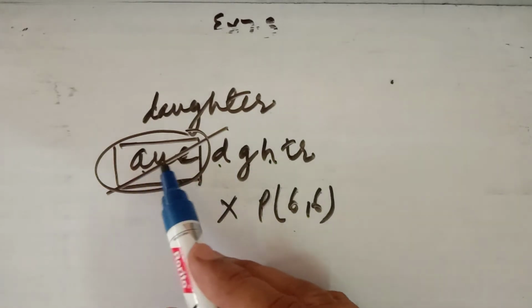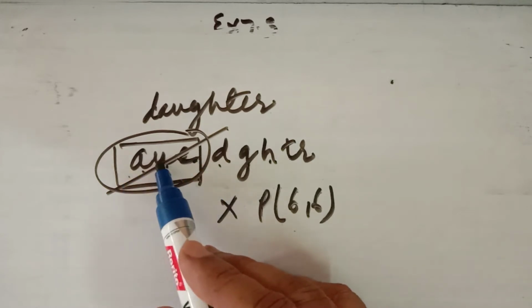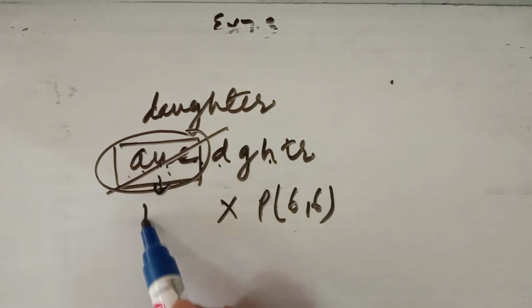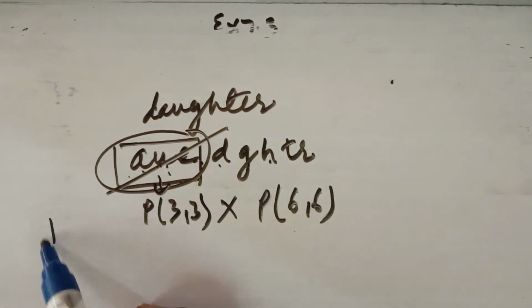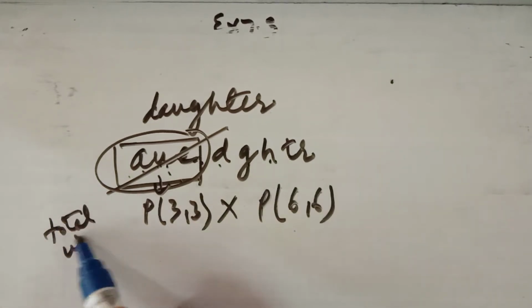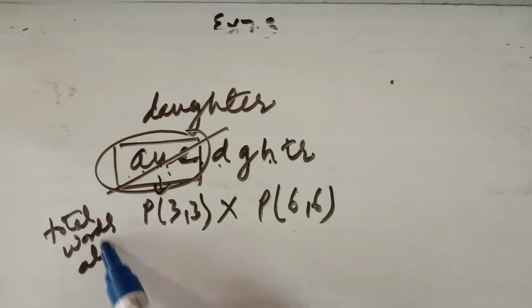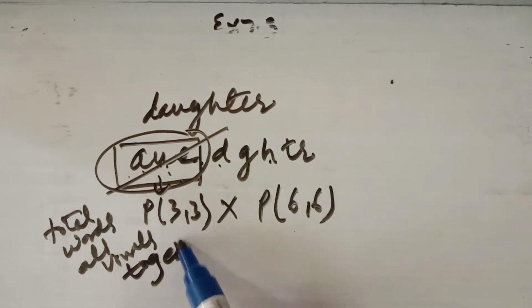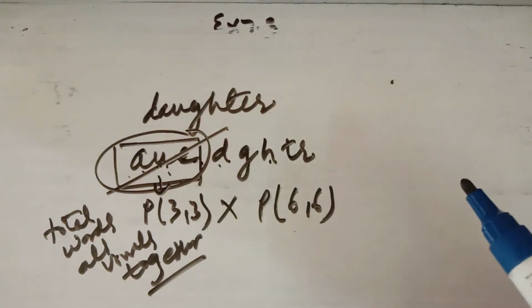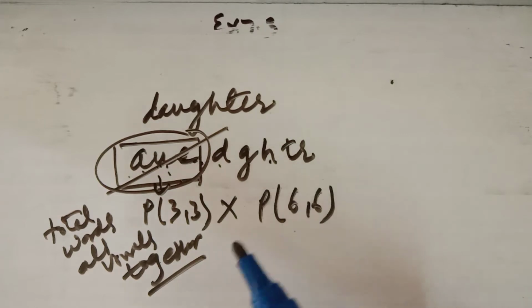हो सकता है कि A यहाँ पर आ जाए, U इधर, E यहाँ पर, तो ये भी अपने आप में अरेंज होंगे, permutation of 3 ways. So these are the total words with all vowels together. जो particular चीज़ को एक संग रखना है तो उसको as a single unit arrange them, and after that you have to multiply by the permutation of the ways they can also arrange themselves.